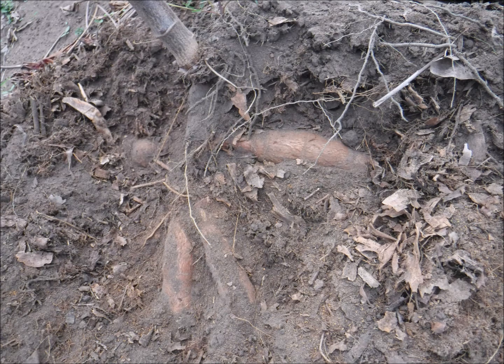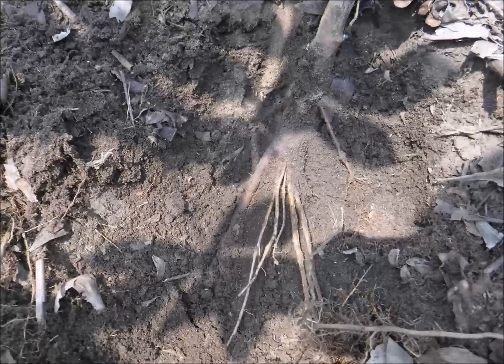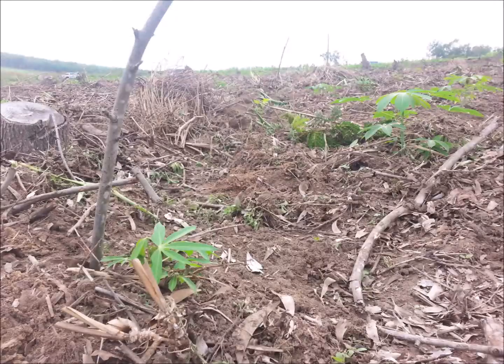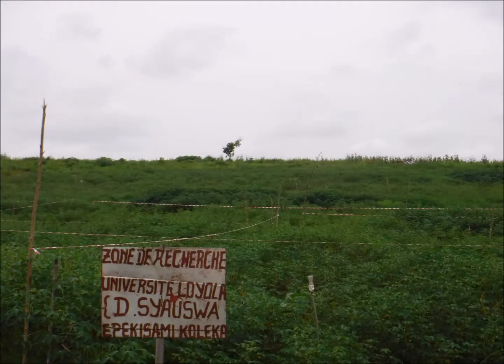Now, what followed was to monitor and see any problem during the growth of cassava, and mainly intervene for the second weeding intervention, which is very important. So the first one intervened after 1 month or 2 maximum, depending on the weed vegetation. The second weeding intervenes depending on the rains and how they activate the germination of the seeds. So at 11 months of age, we decided to prepare the sampling for the yield parameters